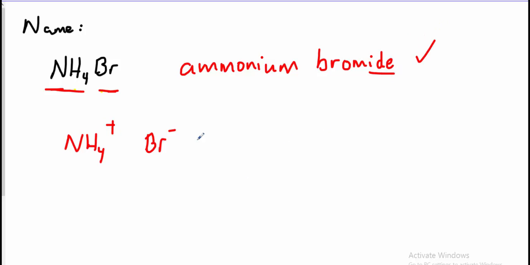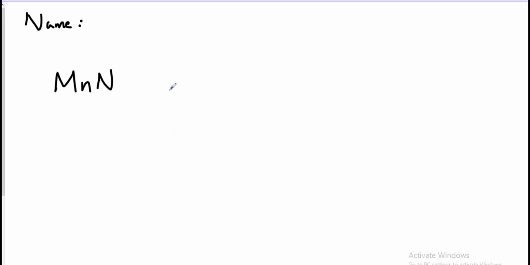Here is another example, MnN. Right away I know there's not a polyatomic ion present here. Why do I know that? Because this is a binary compound. Binary means that the compound contains exactly two elements, and I've got Mn and I've got N. So I know that I can divide